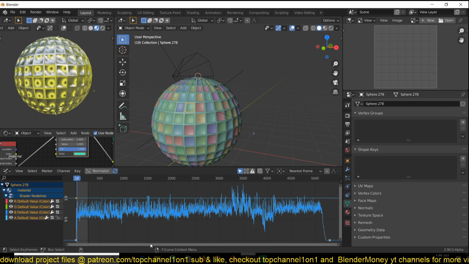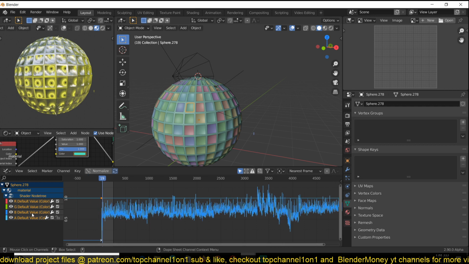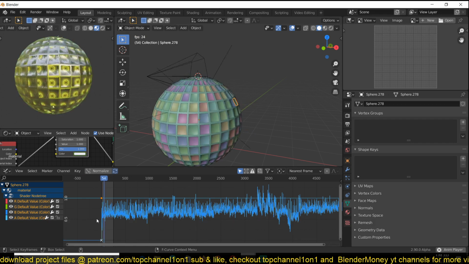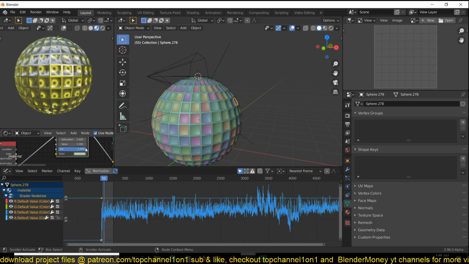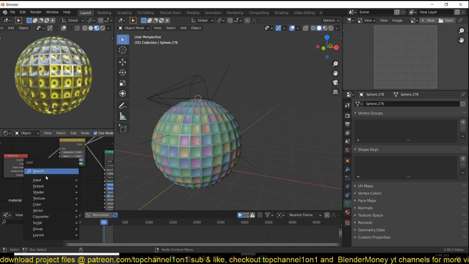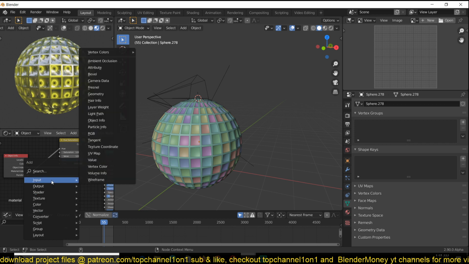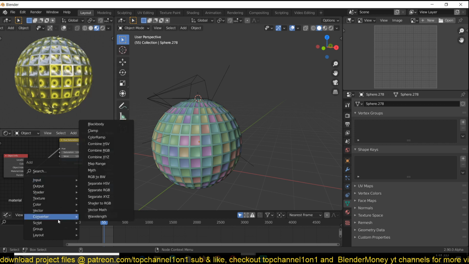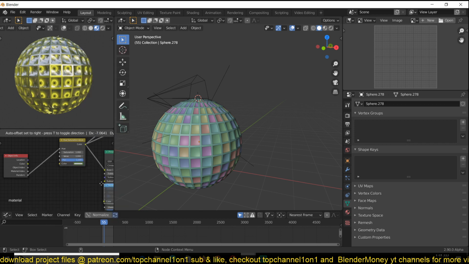Because by changing the values here, we're just changing the brightness value, not the hue and saturation. Let me see if we separate color, input, I think it's called.